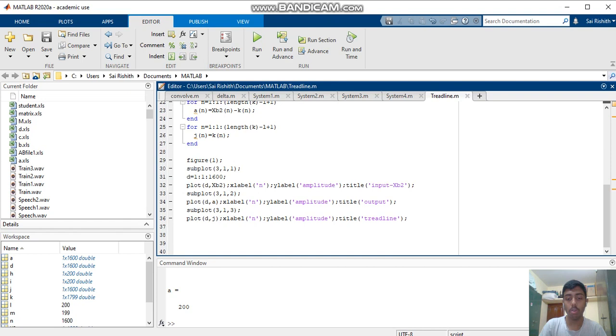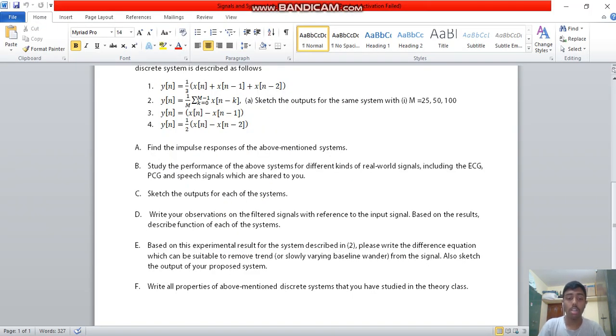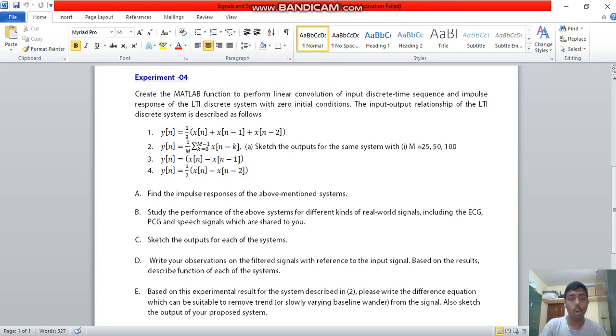So now for the remaining question, that is finding the properties of the systems. As we can see in all these four parts, the output depends on the past input. So all four systems require the past input, so it is memory. All four are memory systems, and you can also say that for all four systems, when we give a bounded input, we will also get a bounded output. So all four are stable systems.